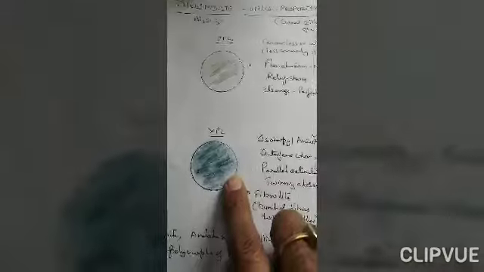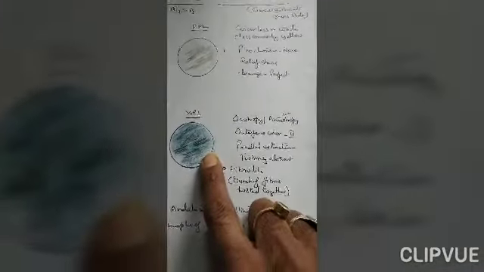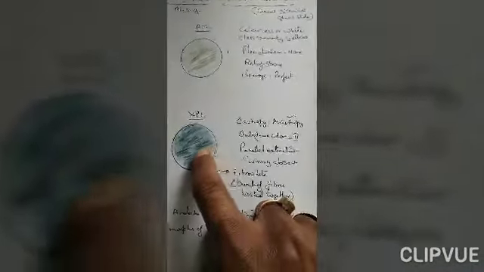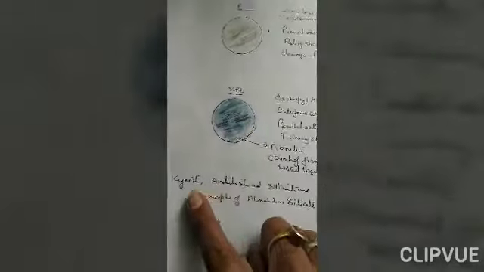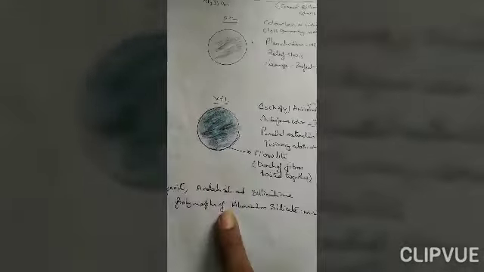And you can see this is sillimanite. So I am showing the sillimanite under the microscope. It will be having needle-like structures. So kyanite, sillimanite, andalusite, all are polymorphs of aluminium silicate minerals. That means same chemical composition with different structures. So I am showing the sillimanite under a microscope.